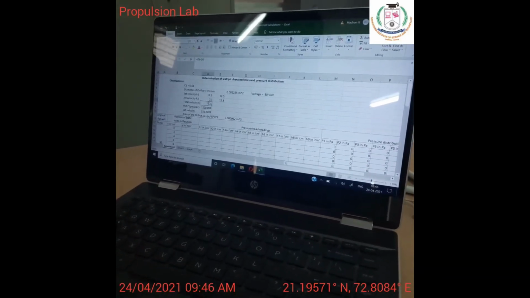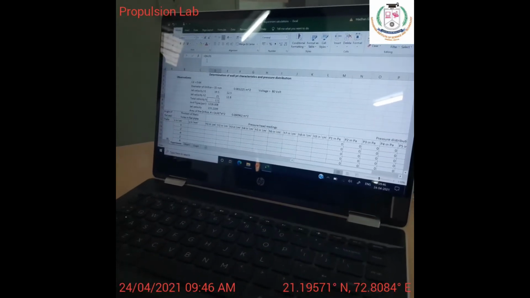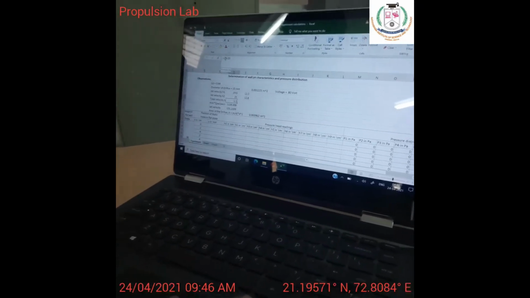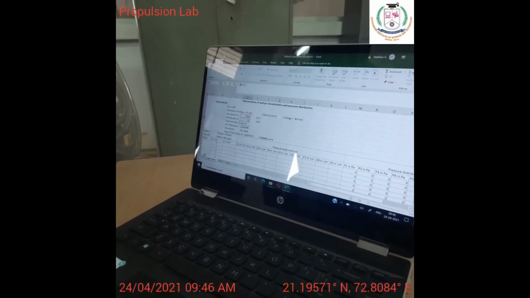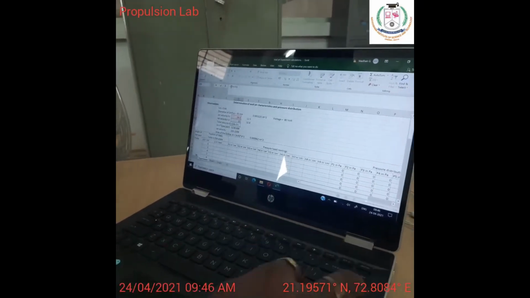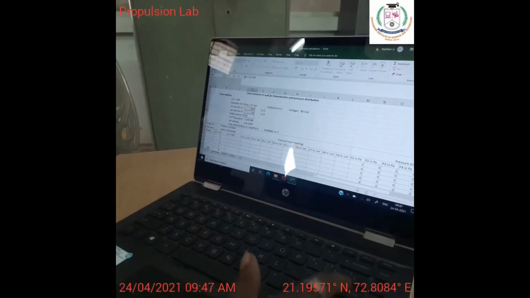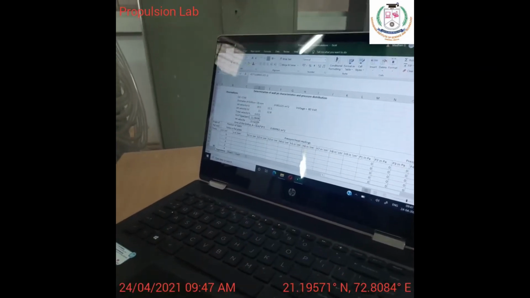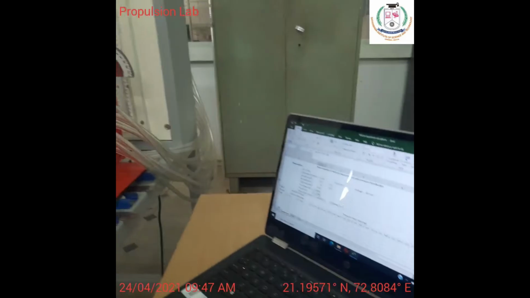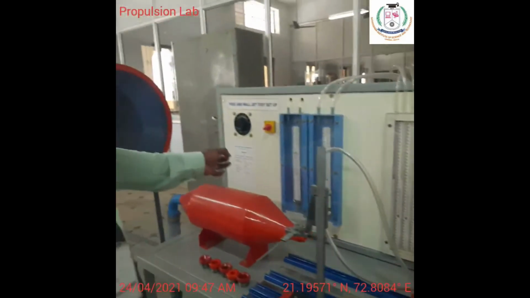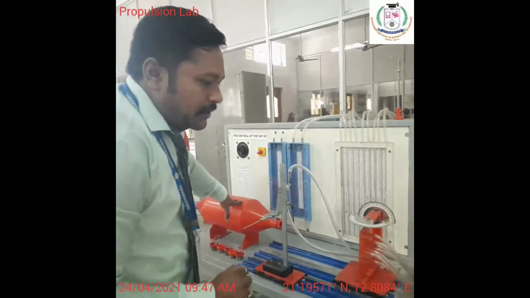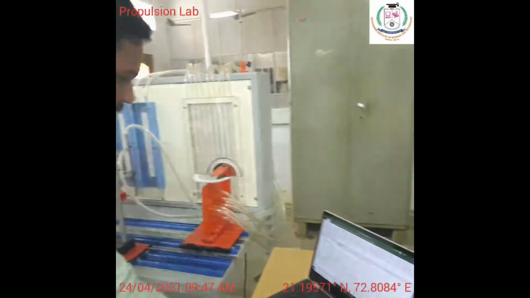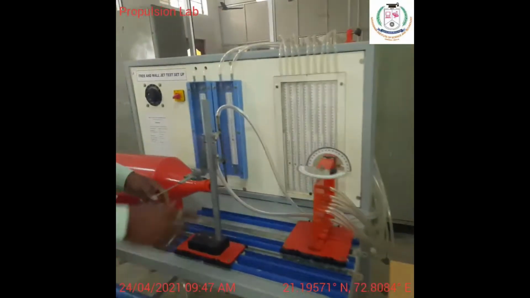Here the values are given in centimeters, so I have to reformulate the value of h. I am going to divide this by 100, so that I can have the accurate velocity. So what is my jet velocity for 80 volt? It is 15.5 meters per second. So now this 15.5 meters per second velocity will be impacting on the wall.